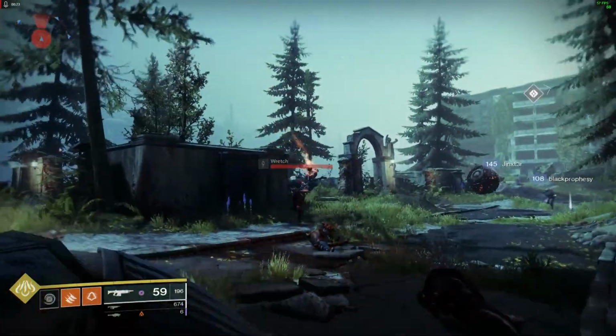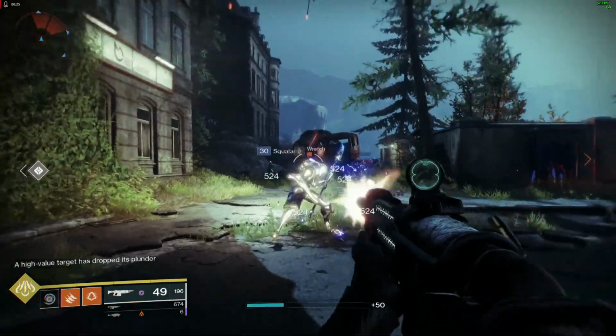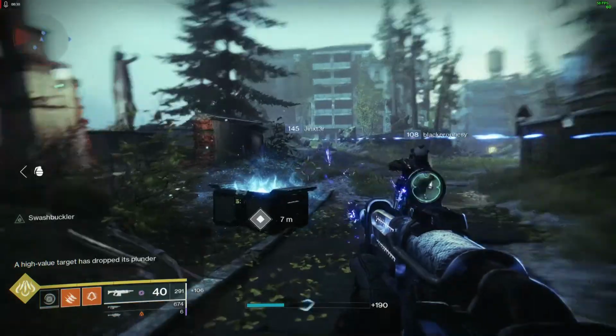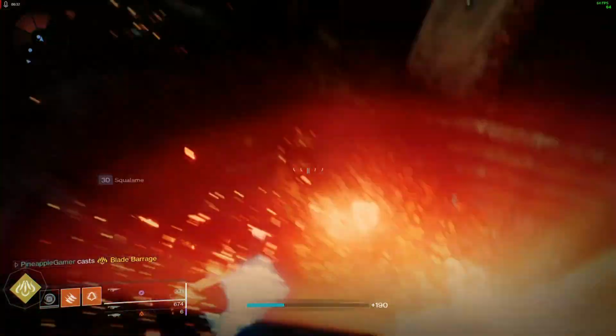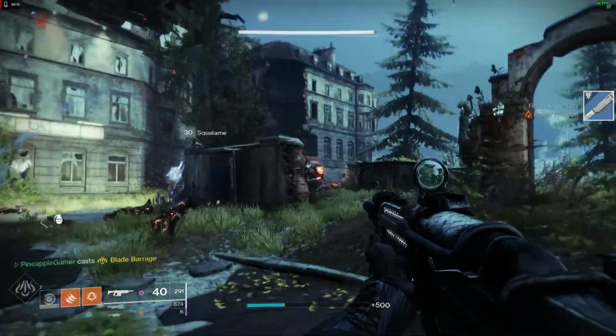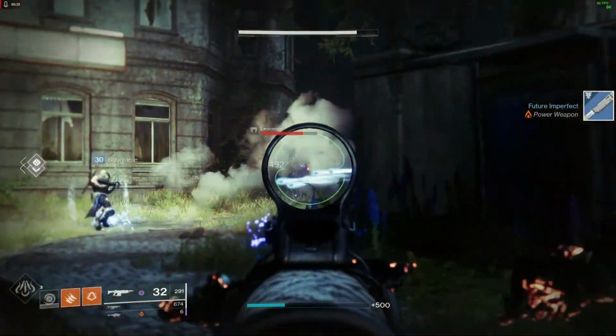Now, for some strange reason, MSI Afterburner refused to show up during my benchmark run, and no matter what I tried, it just wasn't having any of it. So I can't give an exact figure on what sort of FPS I was getting. However, I can tell you that during my run, I was getting between 53 and 75 FPS,